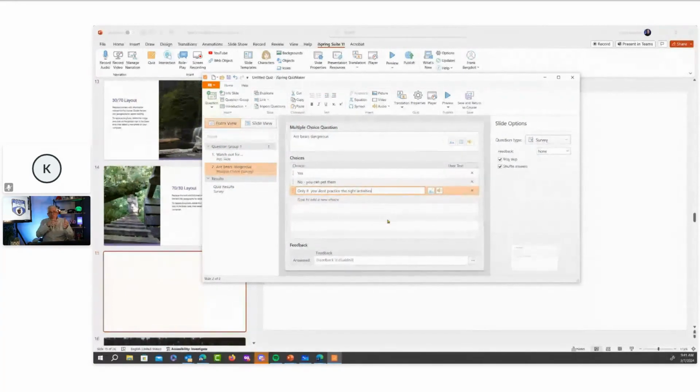So in the information, I maybe said, here's what a bear does, or here's how we're getting to the trailhead, whatever it is. And now I'm just going to reinforce it with a little quiz here. But here's a very cool thing. I can add audio to the quiz. So I could actually have this as a quiz where